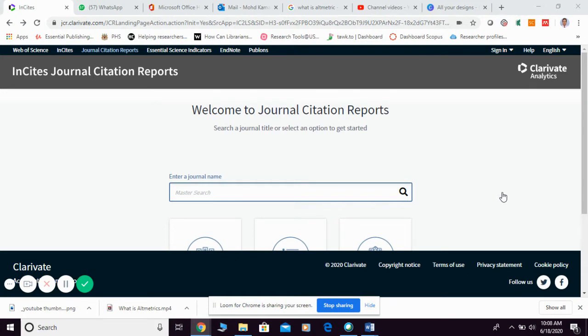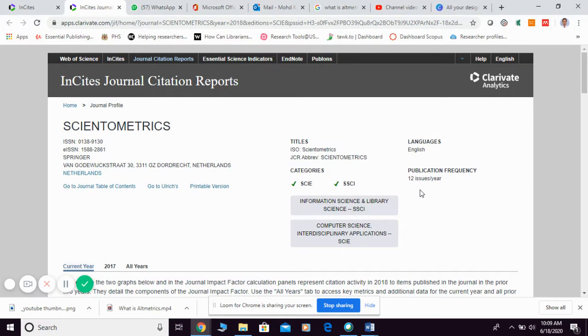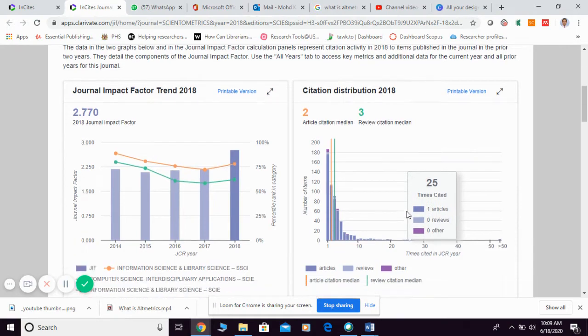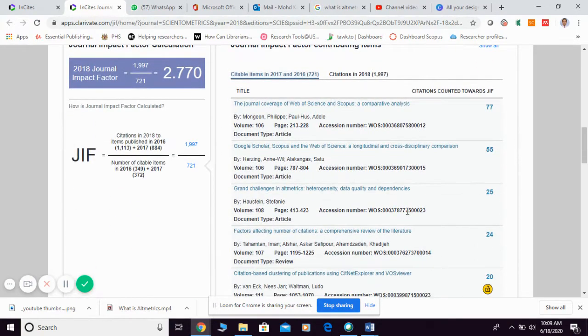the journal. For example, okay, this is JCR. Then you can key in the title of the journal that you're looking for. For example, I'm looking for Psychometrika. Then they're going to open for you the detailed information about the journal. And the information about immediacy index, you're going to find it down here